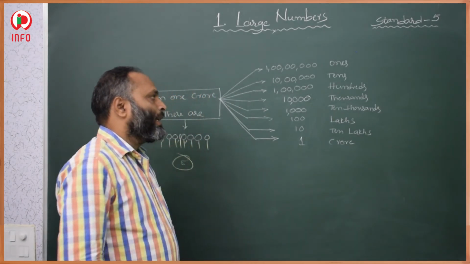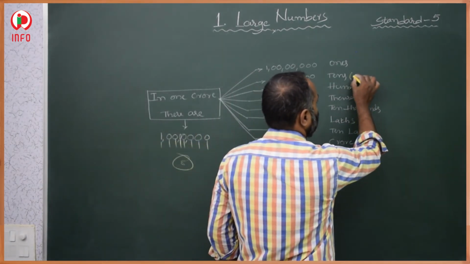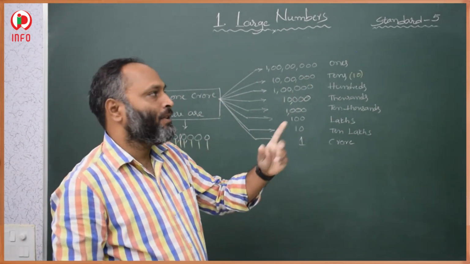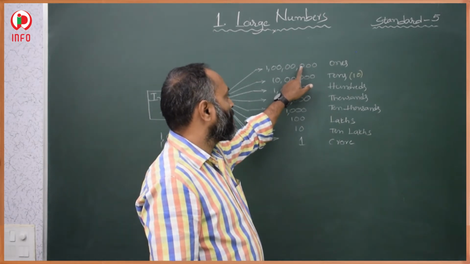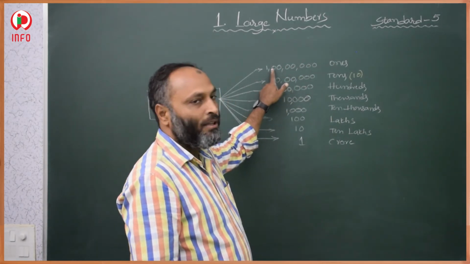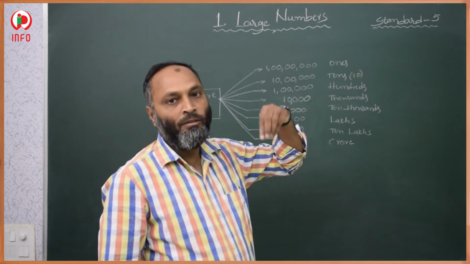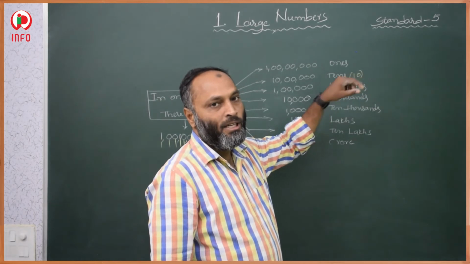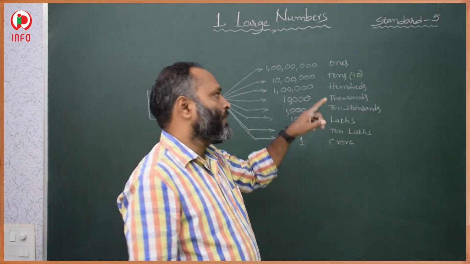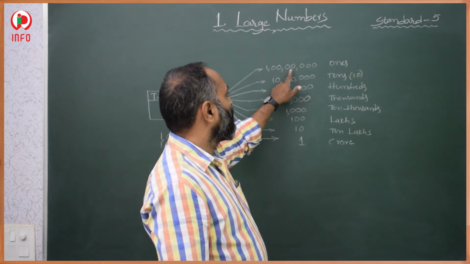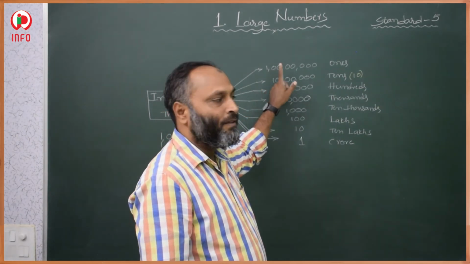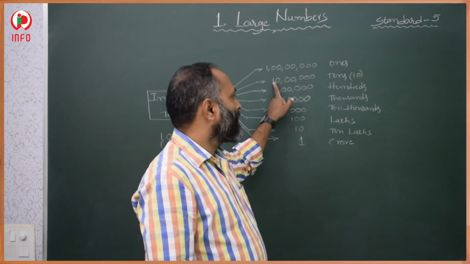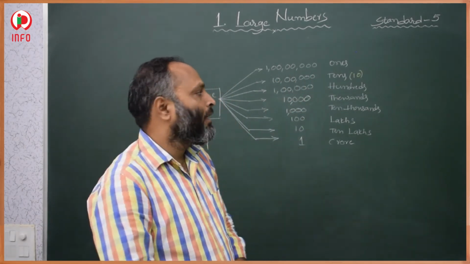Then how many tens? In 10, 1 zero is there. We have to decrease 1 zero. So here total 1, 2, 3, 4, 5, 6, 7 zeros are there. If we are going to say how many tens are there, already in tens 1 zero is there, so that is why we have to decrease 1 zero. After decreasing 1 zero, 1, 2, 3, 4, 5, 6 zeros we will get. So this many tens we have.